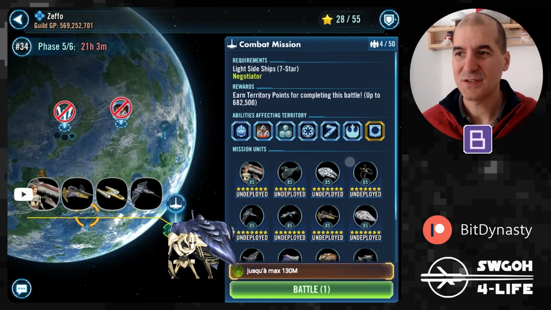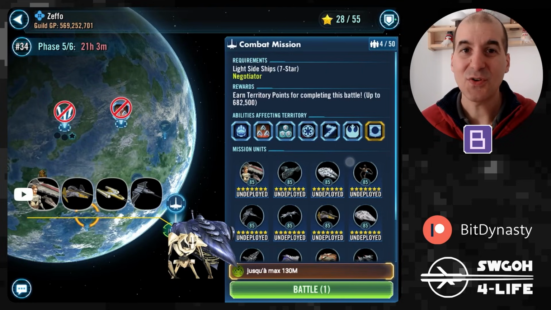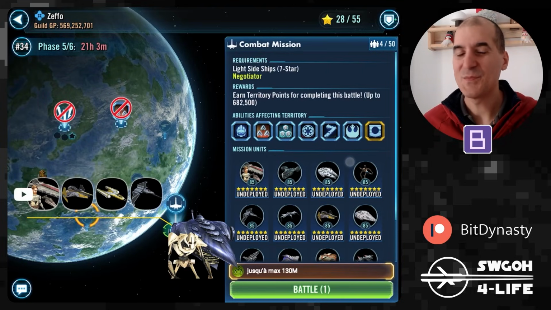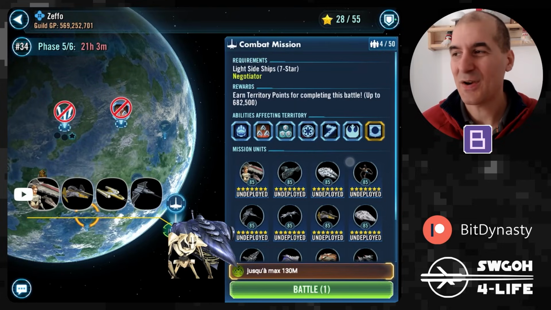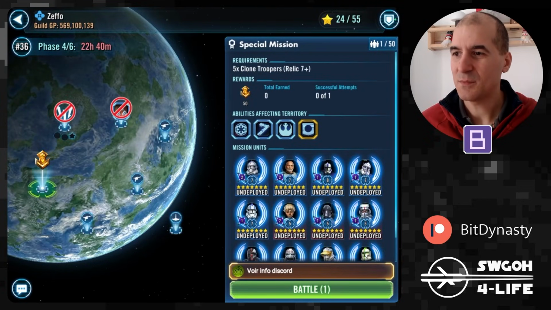actually at designing missions on Zeffo. They'll have their own kind of mechanics to deal with, and once you figure it out, there isn't really a whole lot of RNG involved. It's just a case of having the right team. Unlike some of the missions where they designed where even if you have the right or the required squad at relic levels, they're still dicey. Okay, so let's now start going for missions one at a time, and we'll just